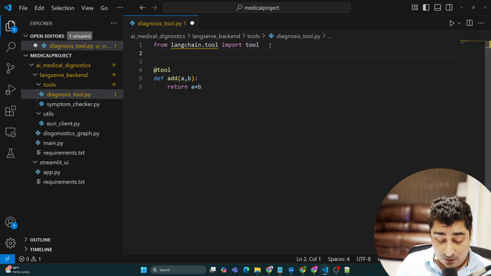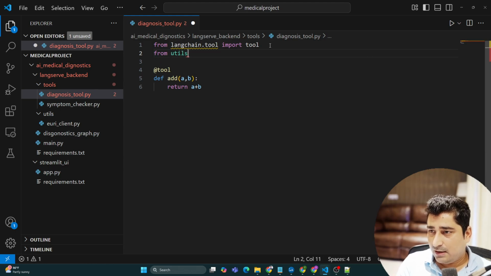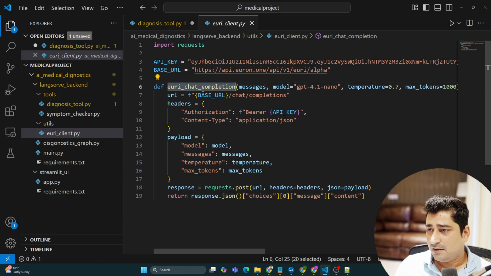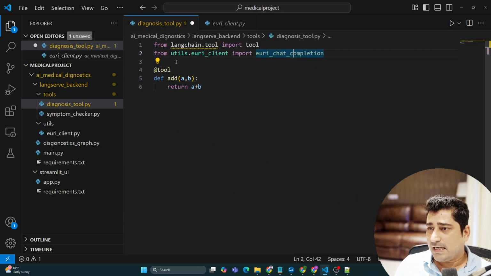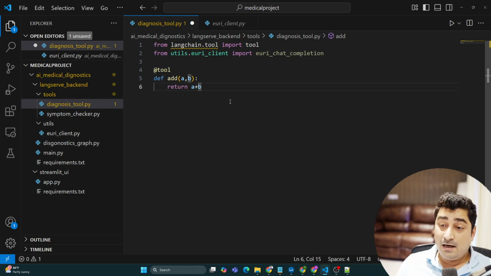Okay. Now my tool is going to use basically a URI client. So I can call utils. Utils is the folder, and inside this folder I have a URI client, and then I'm going to import the URI chat completion function, because this is available here. So inside the utils folder, I have this Python file, and then import URI chat completion. So these are the only two things required for me. And before that,